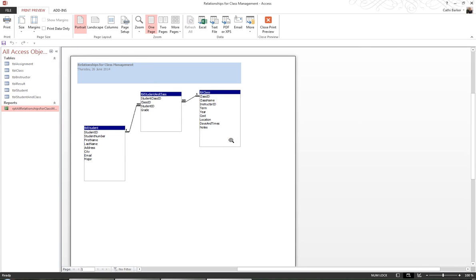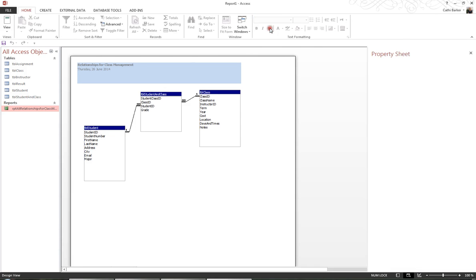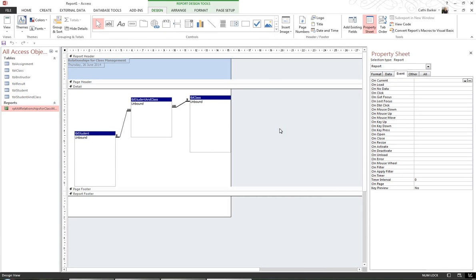Here's my report here, and there's no need to change it to landscape. Everything fits in it nicely. So I'll close Print Preview by hitting the Close Print Preview button. I could just close the report and it'll ask me if I'd like to save, or I can hit the Save button on my Quick Access toolbar, or QAT. If I hit the Save button, I'll be able to give the report the name RPT, and then Student